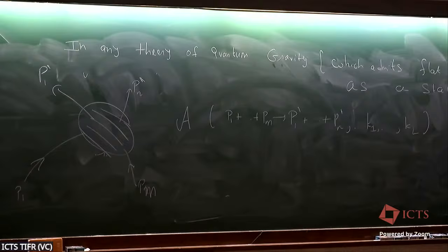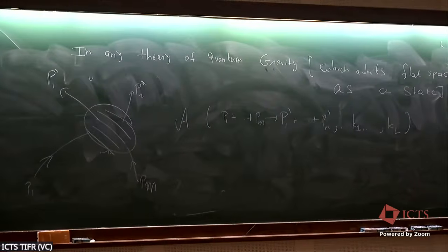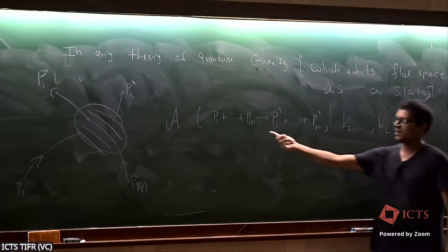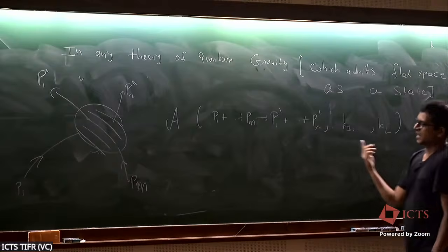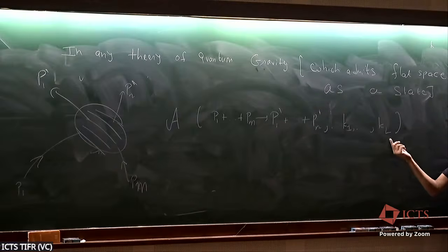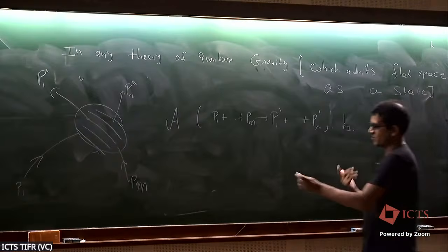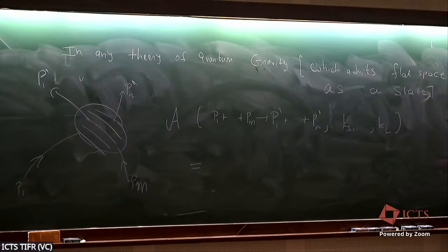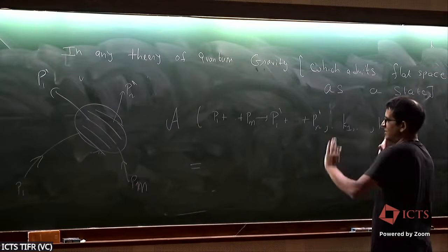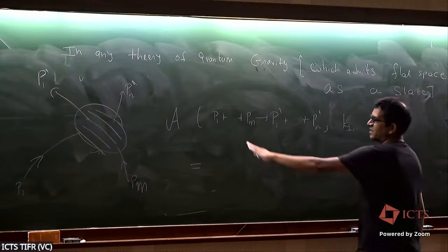So of course, it looks impossible, because to actually compute in any theory of quantum gravity, we have to know the theory. So how can we say anything about this just by assuming that the theory has a Minkowski vacuum as a state, and the theory is generally covariant? It turns out that this has a remarkable answer, which is true in string theory or any theory, well, actually only string theory, because that's the only theory of quantum gravity which admits flat space as a solution. So in string theory, or in quantum gravity if you don't want to talk about string theory, this amplitude,